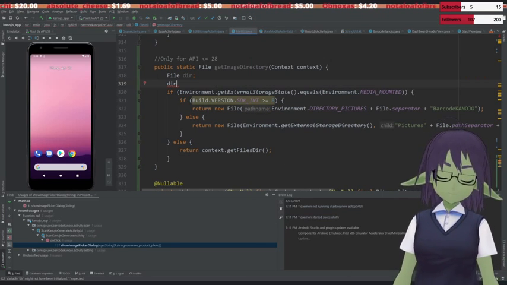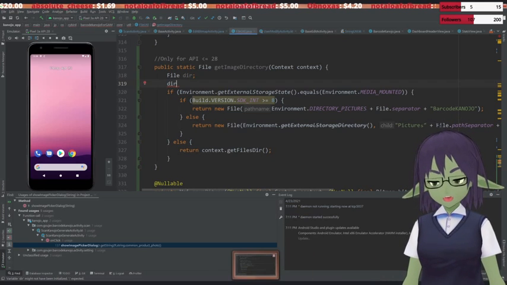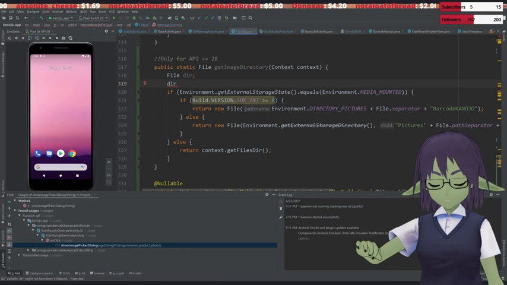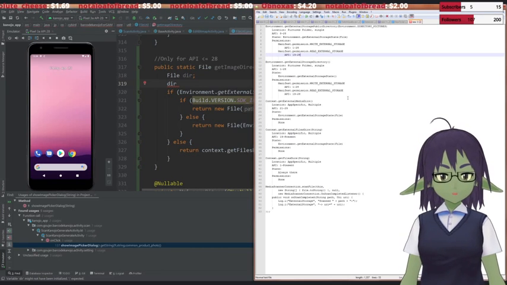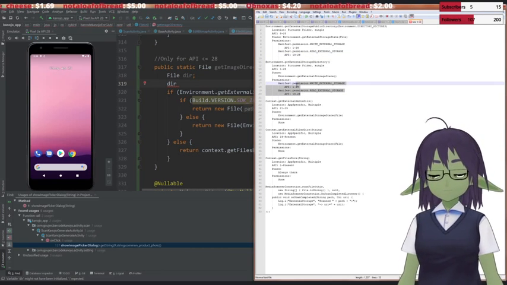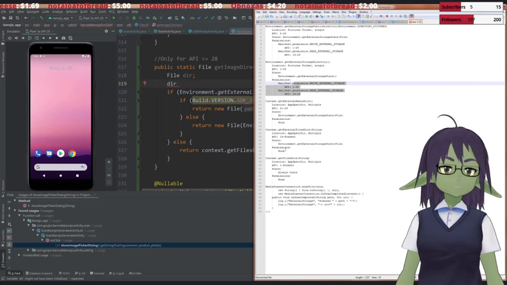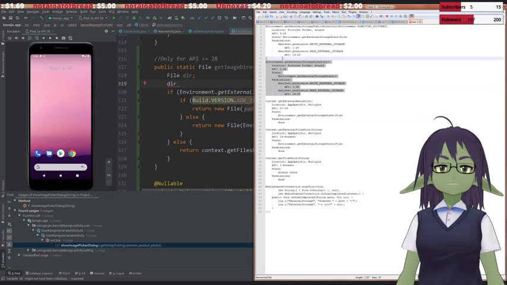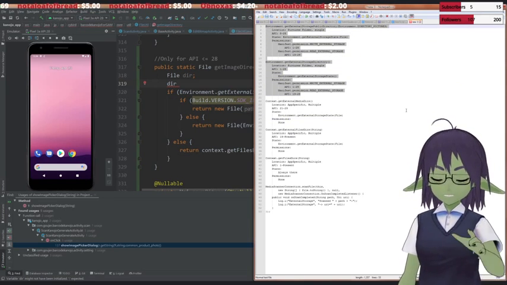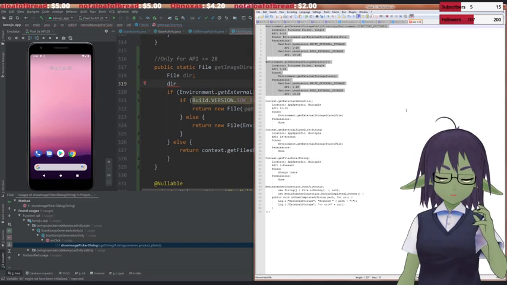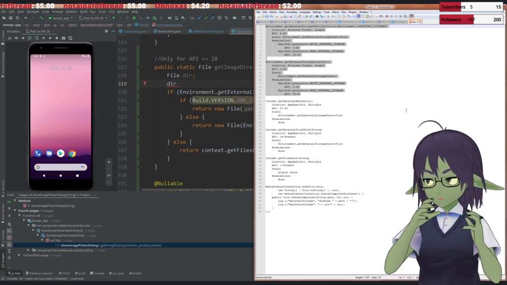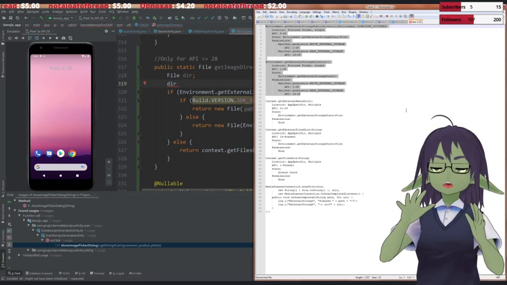But I mean, like, okay, so these two actually might be, like, no, it's these two. These ones will get us the actual pictures directory. So